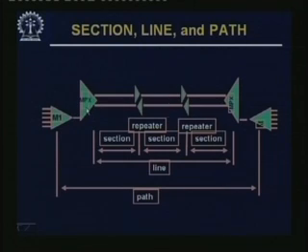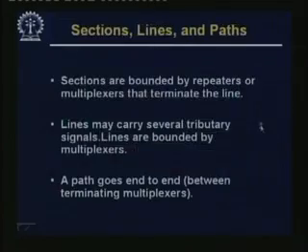At a multiplexer, of course, some of the signals may go off in one direction, some signals may go in some other direction, etc. So, at the multiplexer there may be convergence or divergence depending on which way the signal is flowing. So, that may happen at a multiplexer. So, from multiplexer to multiplexer we call it a line, and then from the end user point to the end user point we call it a path, okay.